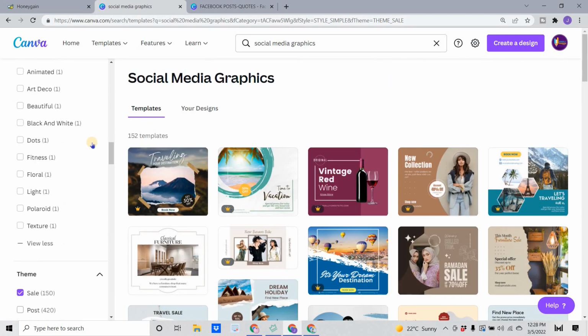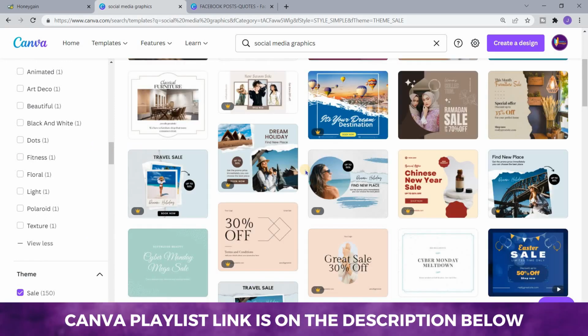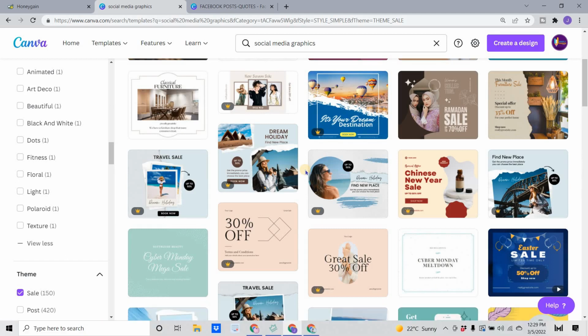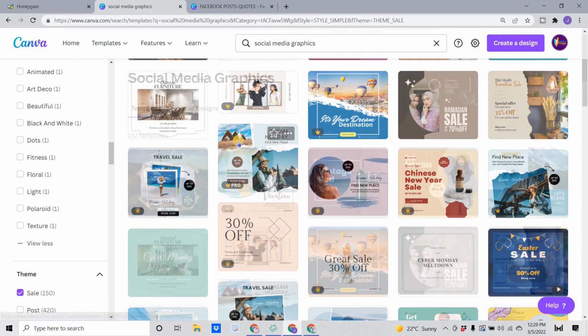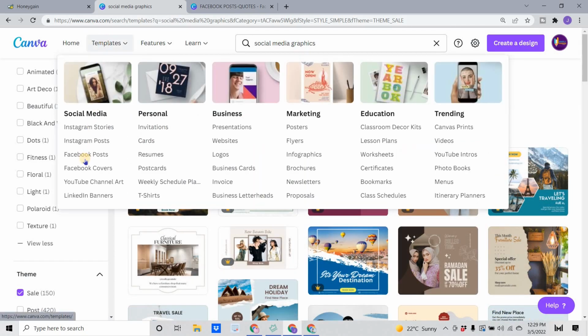In this tutorial guys, we will create our own social media graphics. You can check out my Canva playlist in here to know more about how you can edit the templates in Canva. Let's go to templates and create our own social media graphics. Go to Facebook post if you are creating a Facebook post. For Instagram, you can click on Instagram, and if you are creating for marketing, you can choose marketing posters, flyers. Click on Facebook post